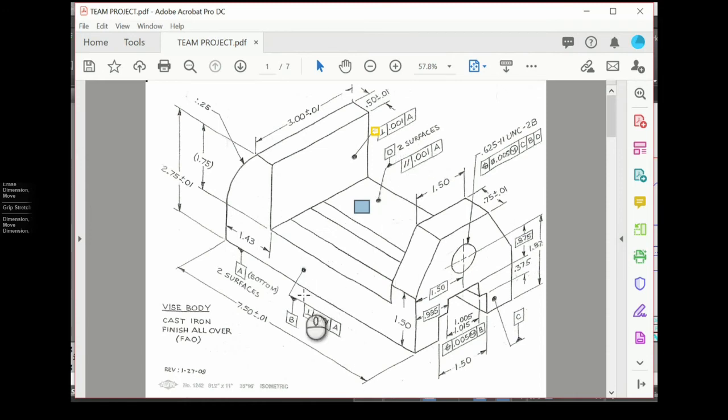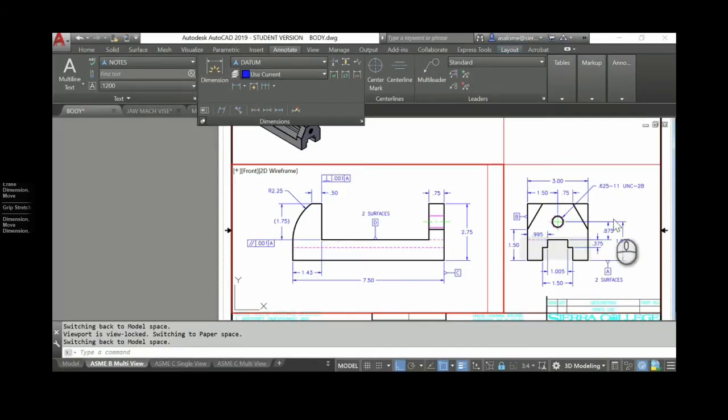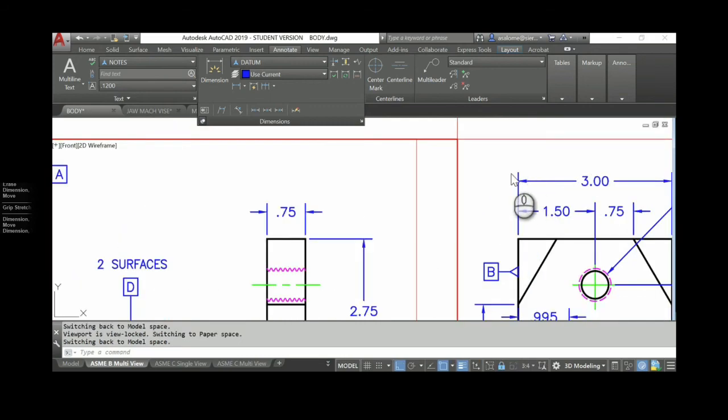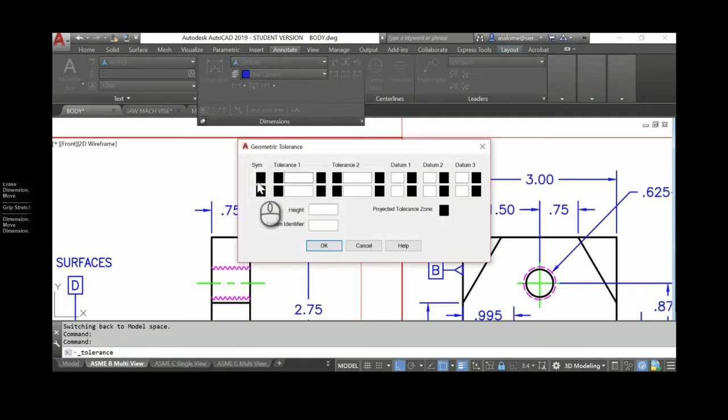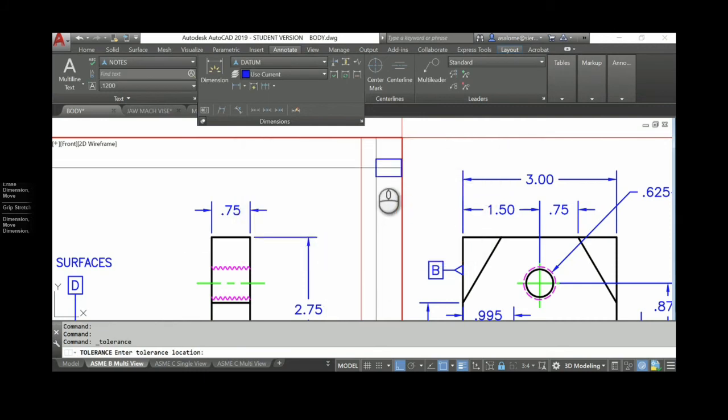We have the front face, which appears as an edge in the right side view, perpendicular to A at 0.001. So we need that to hang as a flag off the extension line. So here we go, perpendicularity within 0.001 to datum A. I'm in the wrong viewport.